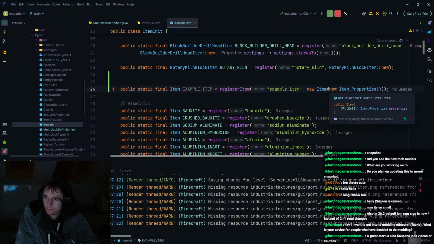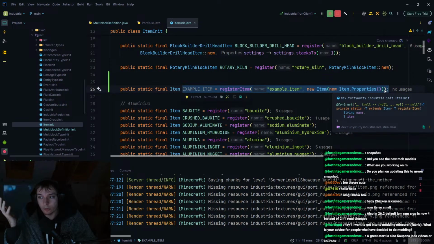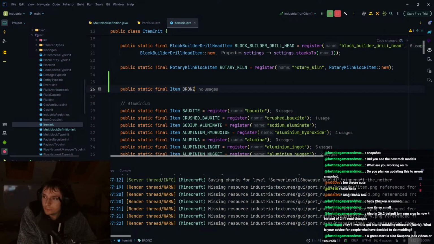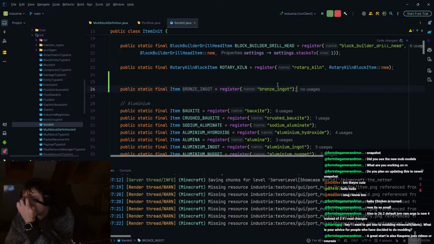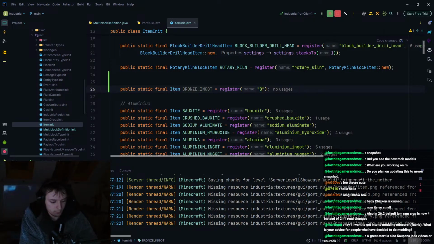You could then not do that, right? So instead of adding an example item, you add, I don't know, what's a good item? Bronze underscore ingot, right? And you have to figure out, oh, this has to be done like this. You can't just type bronze ingot. Like, that's never going to work. It has to be like this, and you'll pick up on things. So